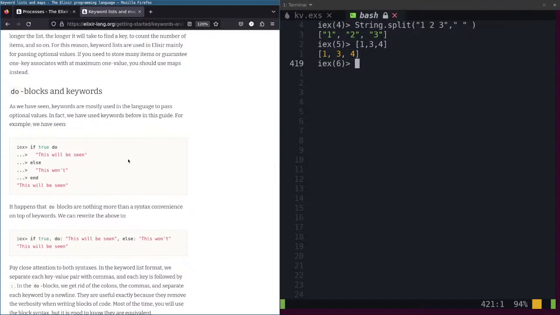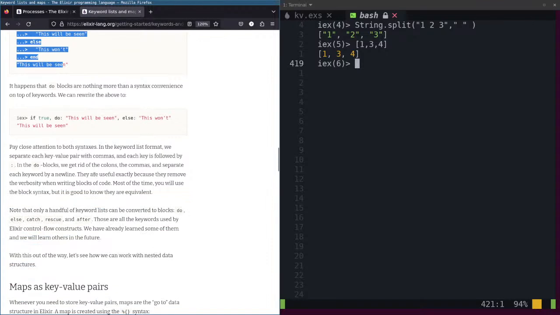Do blocks in keywords. If true, do this will be seen, else this won't. It happens that do blocks are nothing more than a syntax convenience on top of keywords.